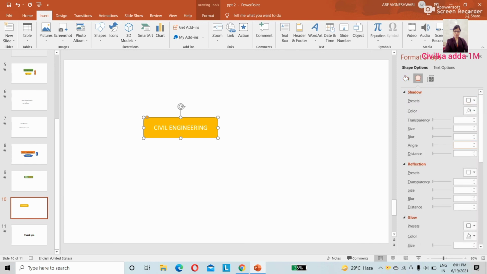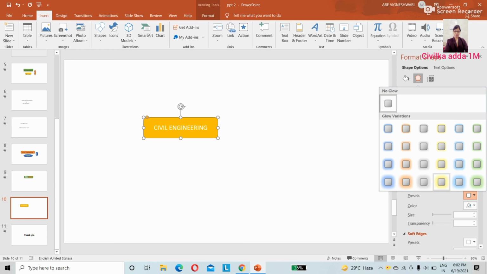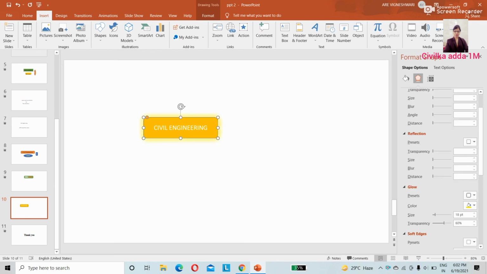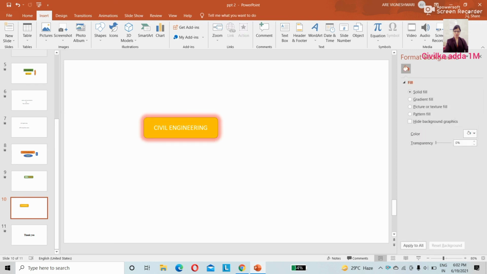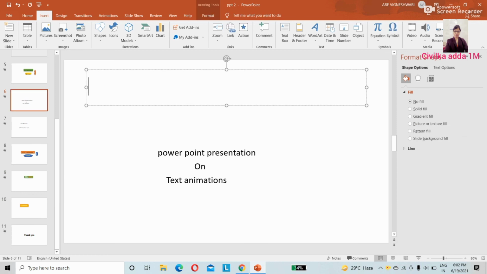Here you can see the option glow. See here, it is glowing outside in yellow color. If you want to change the color also, you can change the color. So randomly let me write a normal text here.